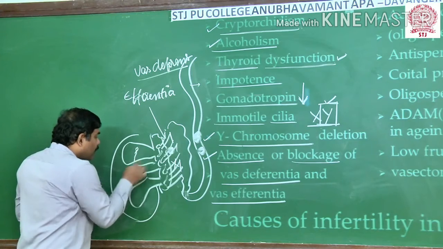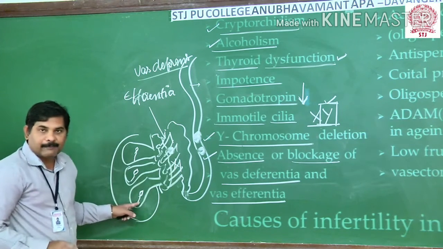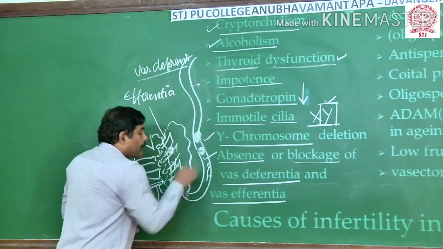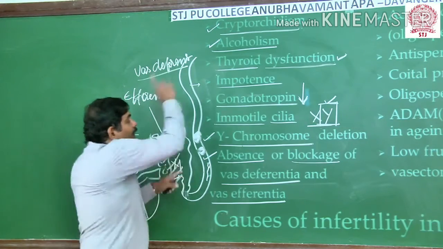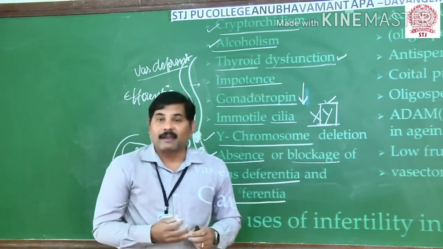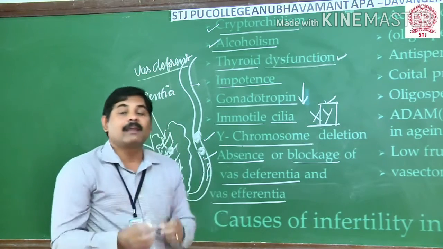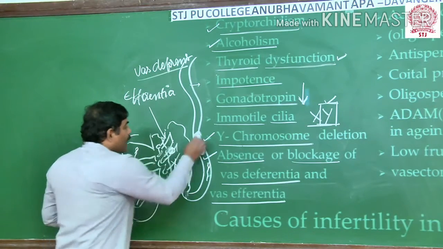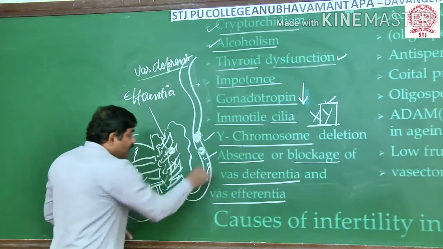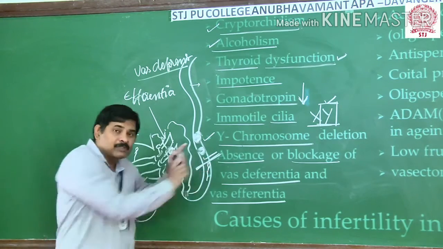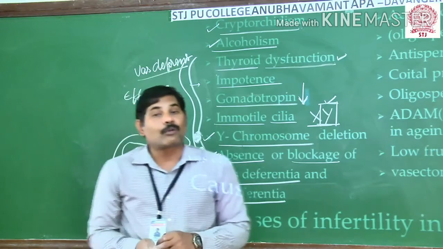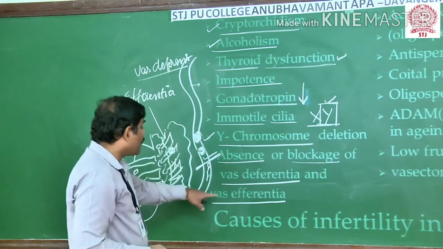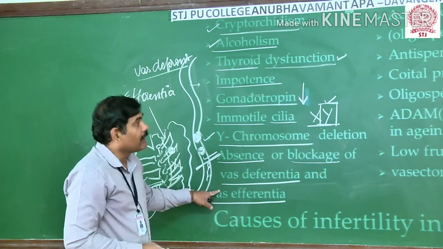You know that the sperms are produced within the testicles, and these sperms pass through the rete testis, vas efferentia, and then through the vas deferens. Finally, they come out through the ejaculatory duct and then the urethra, and they get released into the female body. But since the vas efferentia and vas deferens are blocked, it restricts the movement of the sperms. So the sperms will not be released out. Since the sperms are not released into the female genital tract, there is no possibility of conceiving. So this is one more great drawback and problem in a male.